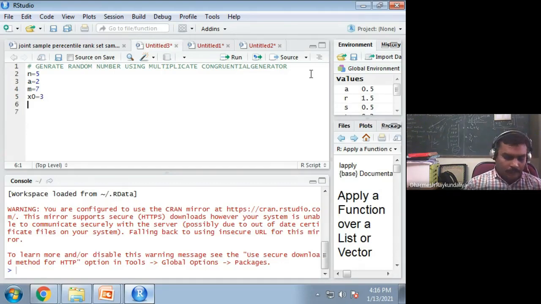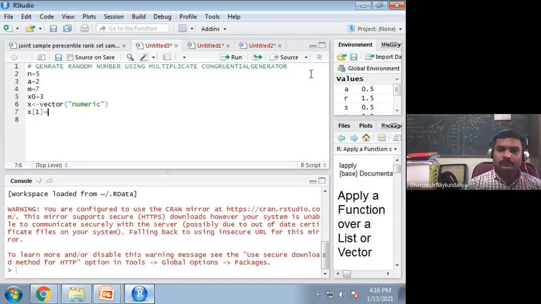So how will you generate the random numbers? First we store into a vector of numeric. I wish to generate this. The first random number I can easily find out. What is that? X of 1 is equal to